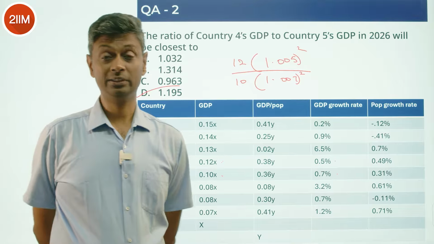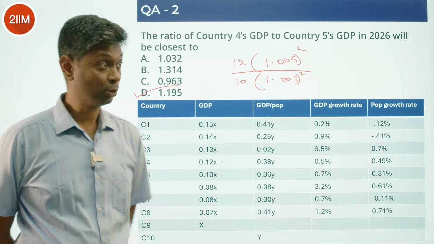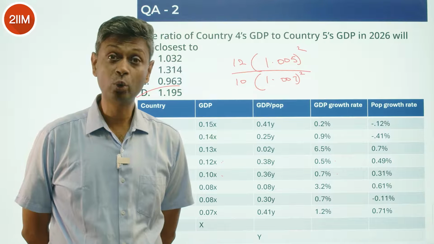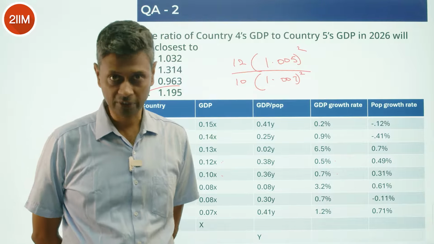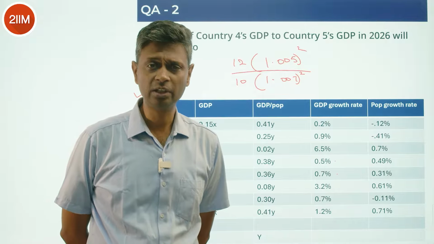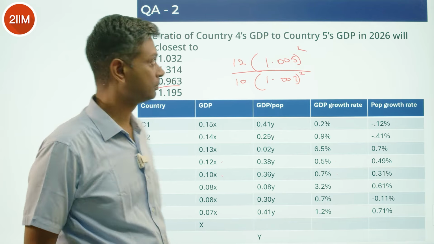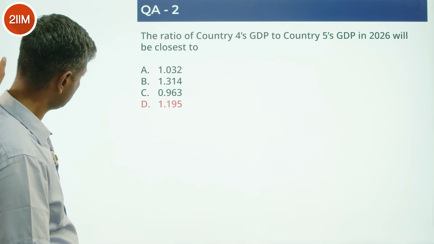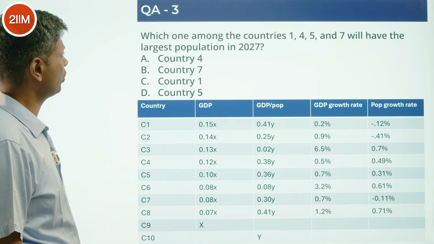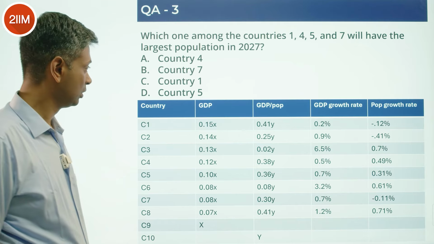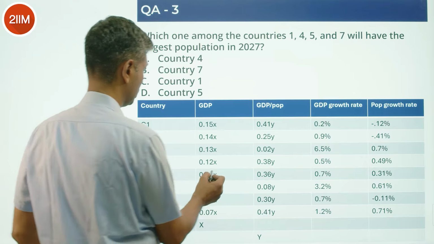So don't calculate this. Pain. I'm looking at 1.2 and saying currently it is 1.2, and my country 4 is growing slightly slower than country 5, so the ratio will become slightly less than 1.2. Whatever is slightly less than 1.2 is only one choice, mark it, good to go. Which one among the following countries 1, 4, 5 and 7 has the largest population in 2027? So country 4, just by this,